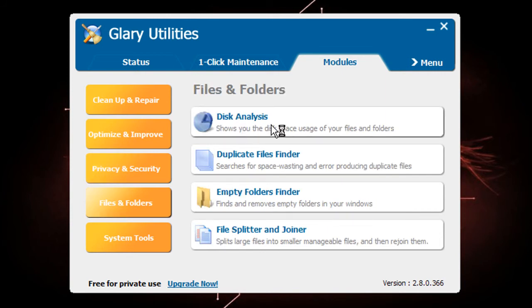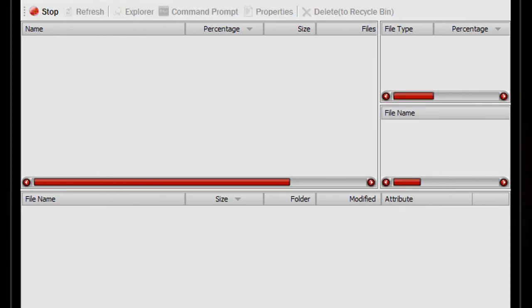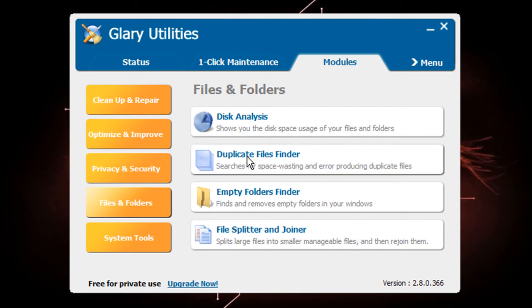And here you have disk analysis. It scans your disks and some other things. And here, when you have a copy of a folder or a file which you don't need, it deletes it.